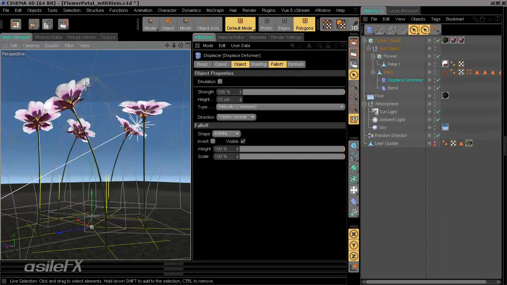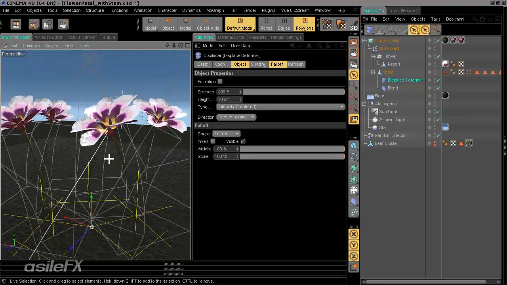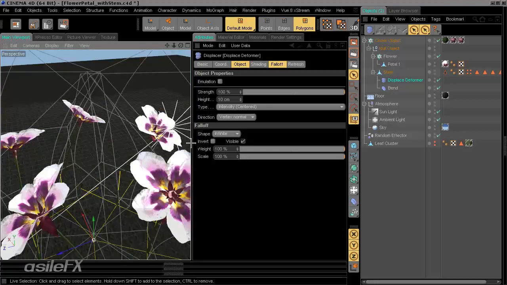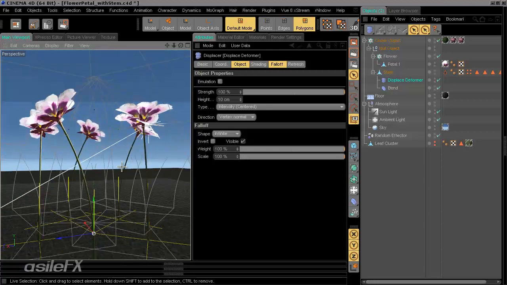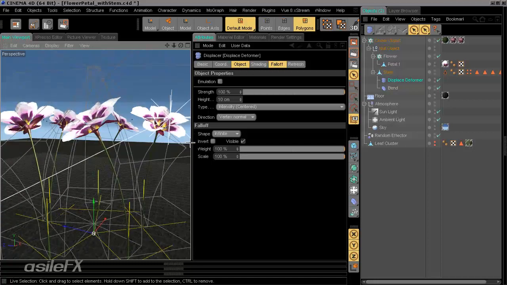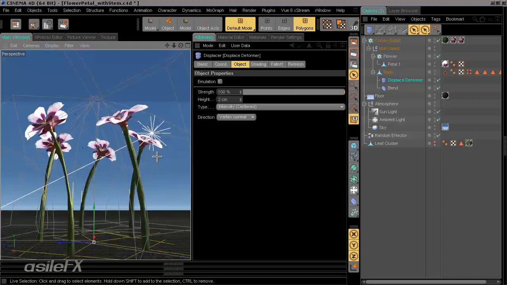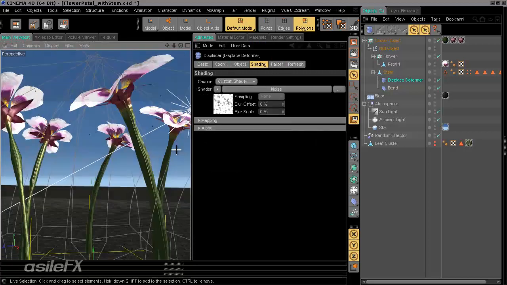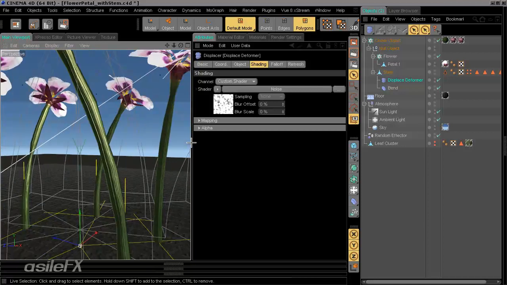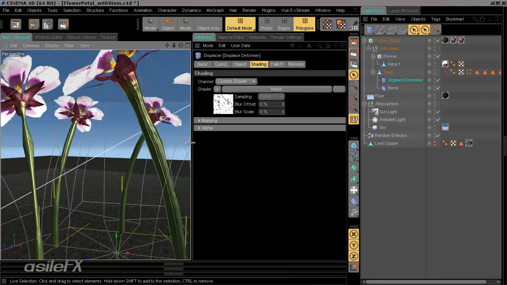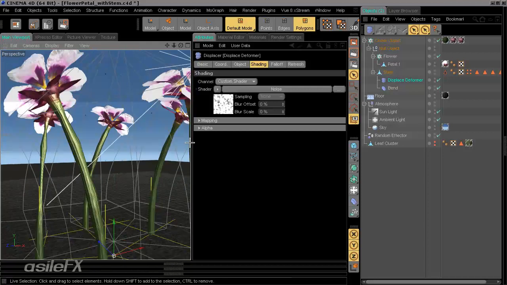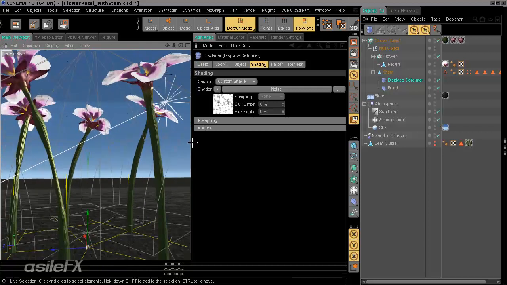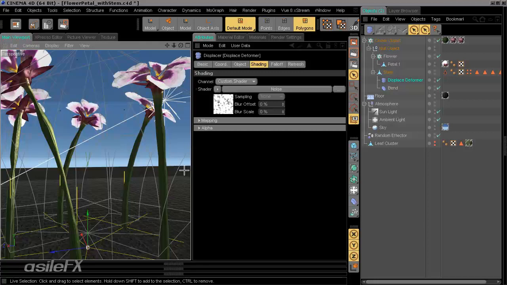And what I want to do is create some scaling and kind of squish them down. We could also use other effectors as well. I'm going to just take a look at the Displaced Deformer. And here I've just set up a simple noise on the stems, which is basically kind of making them bulge out. Not something that would be a final effector that I would use,